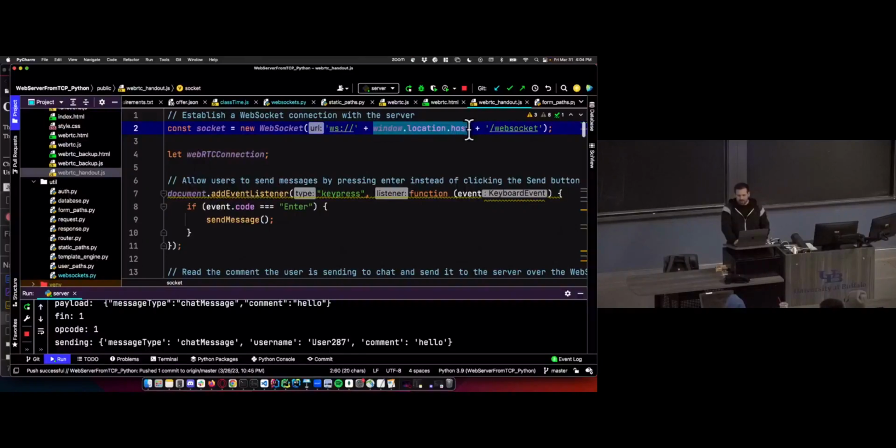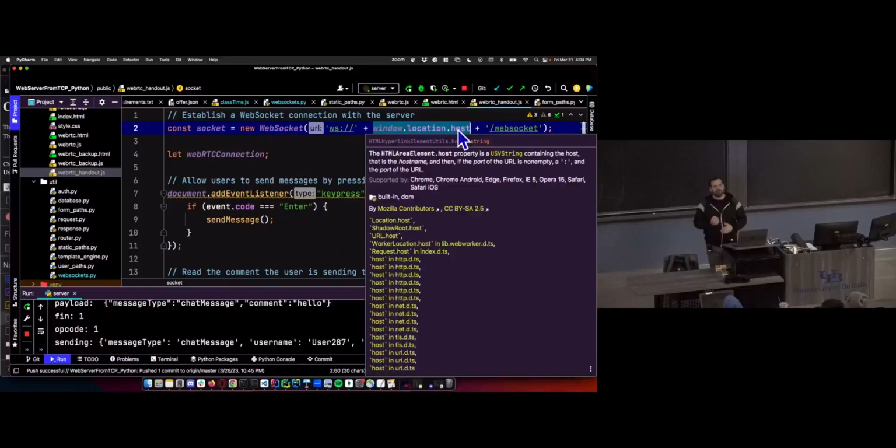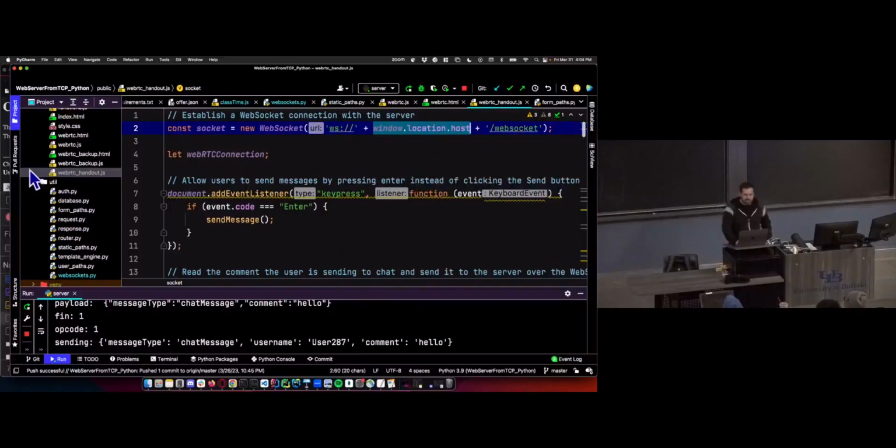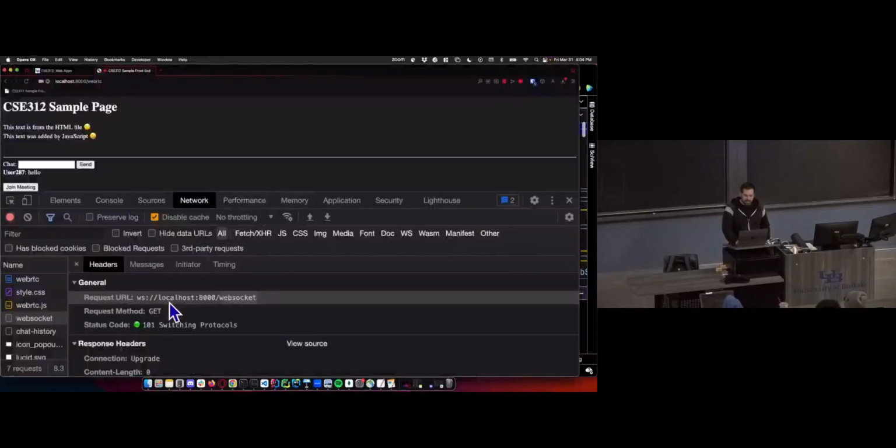I remember talking about this in lecture this semester, but I forget in what context. Maybe it was WebSockets the week before break. Maybe it was just so long ago, two weeks ago now, that it must have been in this context. But getting the host from window.location.host, it definitely was. Window location host, I recommend doing this. I won't go through the whole story again, but get the host dynamically, and we can see that was localhost